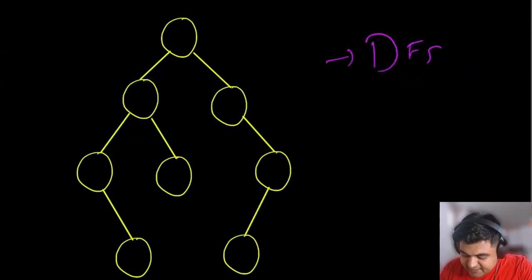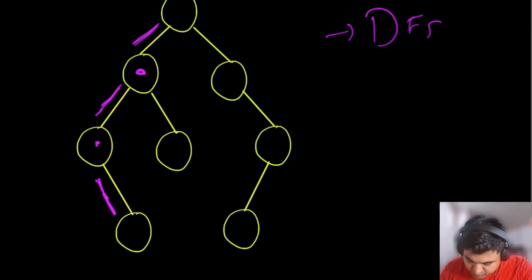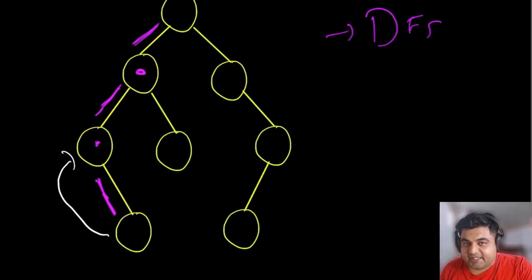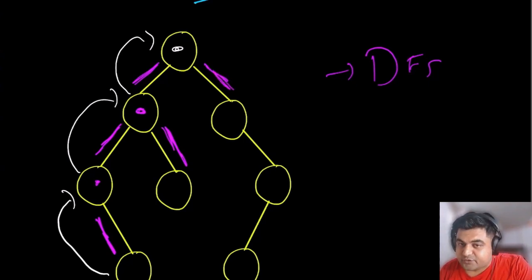In DFS, we pick a branch and iterate all the possibilities of that branch while keeping track of the nodes that we have iterated over. And when we run out of all the possibilities, we are going to backtrack and see if there are any more possible ways where we can iterate. If no possible ways exist, we are going to backtrack again and then move on to the next values in that particular subsequent branch before backtracking to the previous root node again and repeating the same process for the remaining portion of the tree.